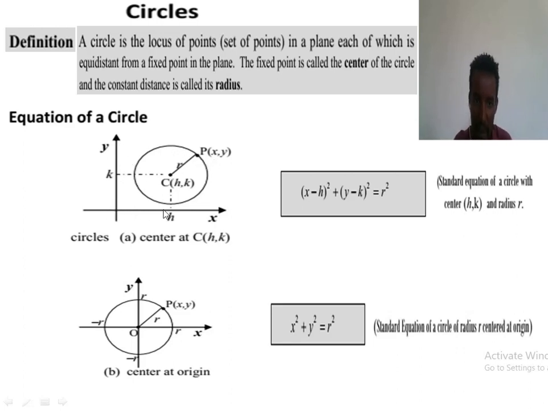ስለዚህ let's see, if this is a plane with a center C and if P is any point on the circle (x, y), then if this is center (h, k) and if this is radius r, then since radius r is simply the distance between this C to P, applying the distance formula we obtain such standard equation of a circle. ስለዚህ እዚህ ጋር ይሄ ሴንተር C (h, k) ቢሆን ይሄ ፖይንት P ያችን (x, y) any point ቢሆን